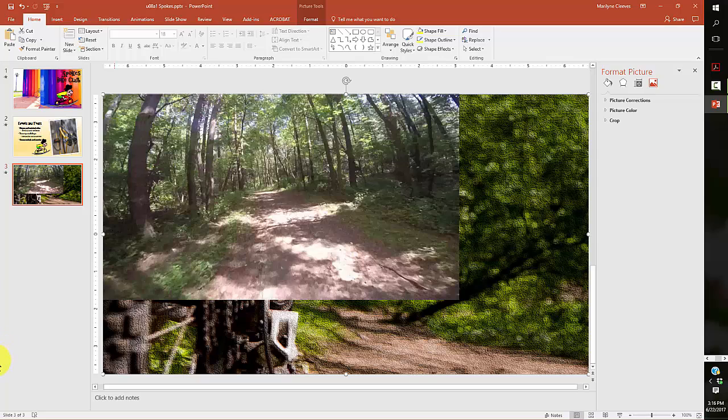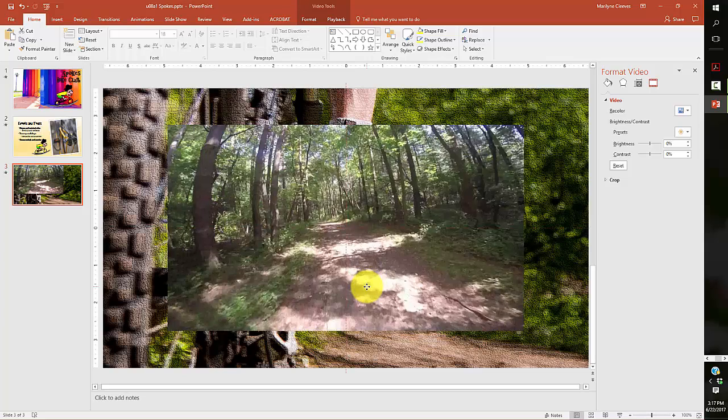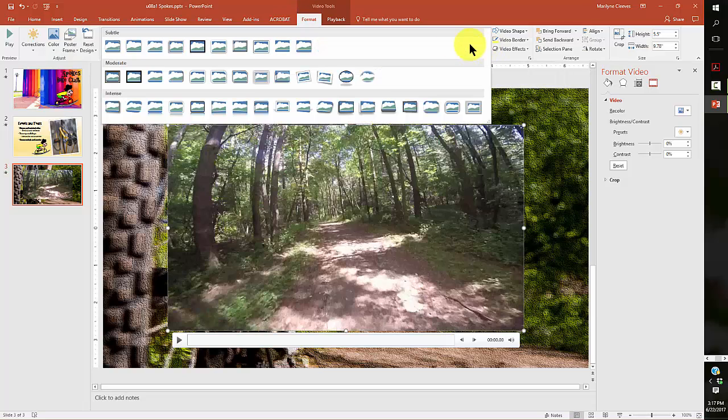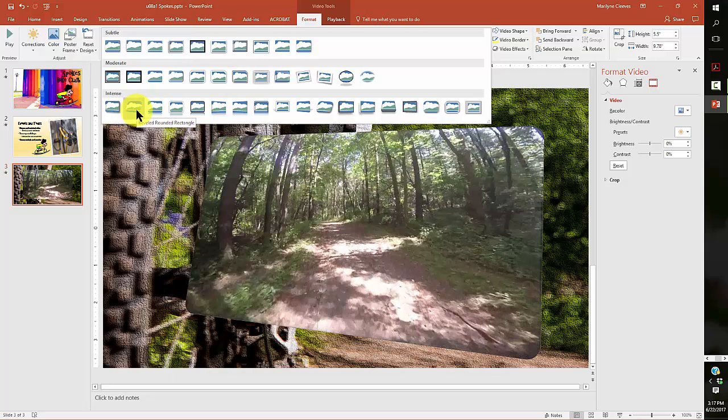Now you're going to add some more options to the video. And here what you're going to do is you're going to take this video, put it into the center, and in your format menu, come up and choose the drop down more options. And what you're supposed to do, I mean, if you hover over these, they tell you what they are, but what they're telling you to do is